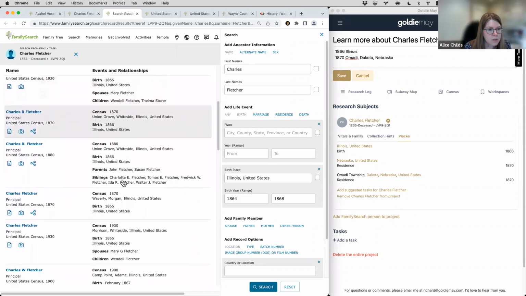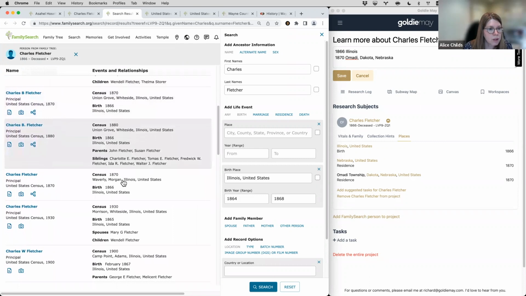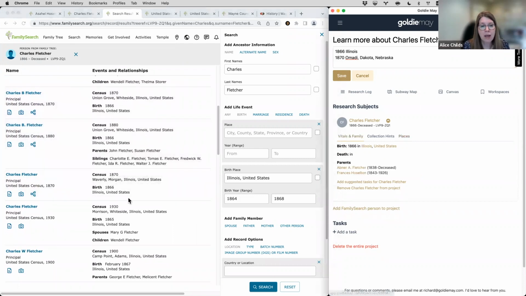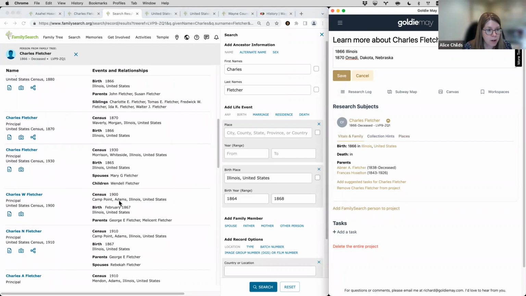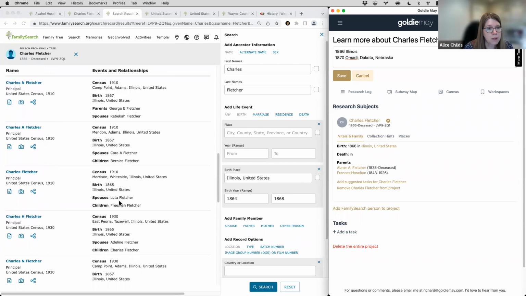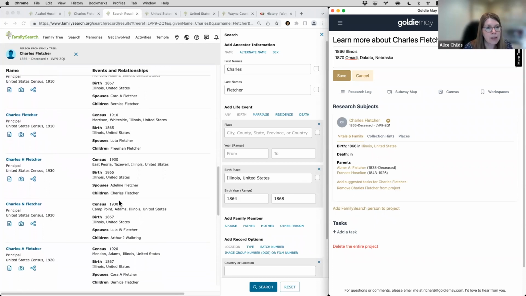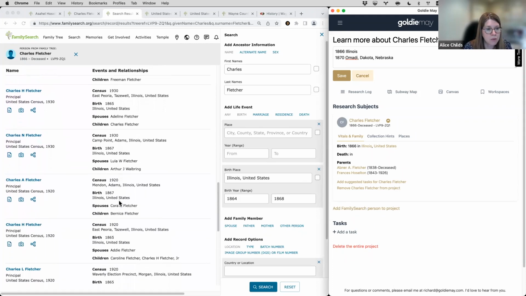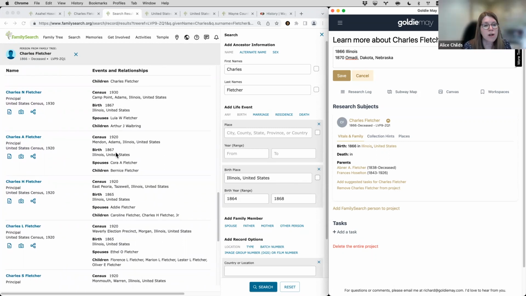We've got Charles B. Fletcher, parents, not the same. So I just like to scroll down for a minute and see if anything catches my eye with this. It looks like there are a lot of census records, and I look at spouses or relationships, parents. I would be looking for parents. Okay. Since we're not seeing anything pop right up, like here's an 1880 census for him with these parents,